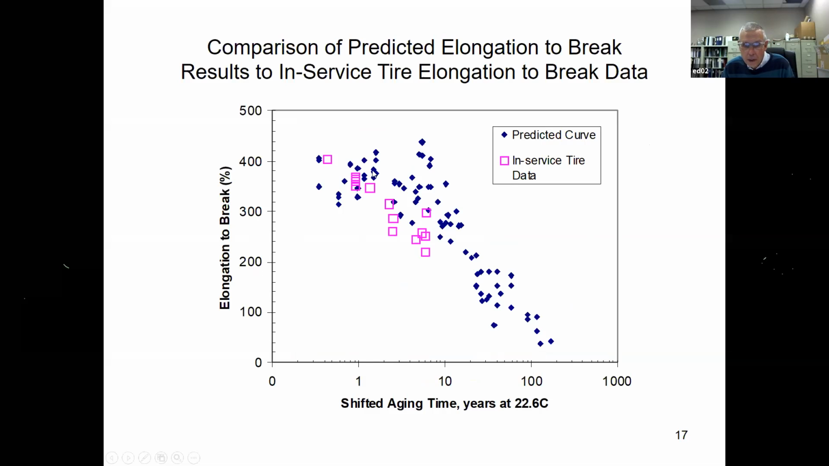And now here's our predicted curve, and here's our actual in-service tire results, rubber extracted from tires in service, and measured elongation to break of the belt coat compound. And we say awful, terrible, couldn't be worse. We're totally discouraged and disappointed how badly we did with our model prediction. So we're scratching our heads, and we came up with two ideas,